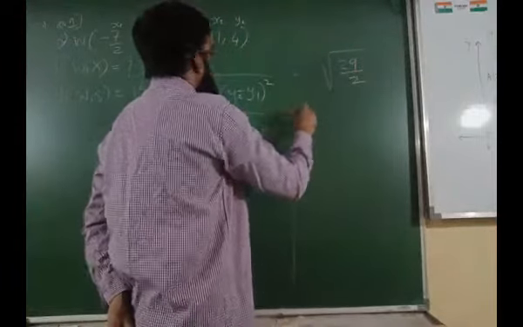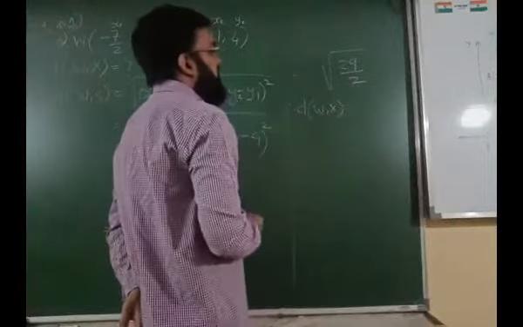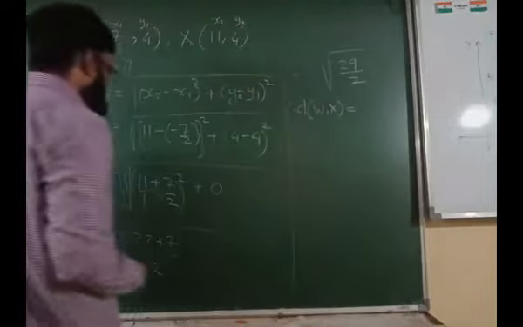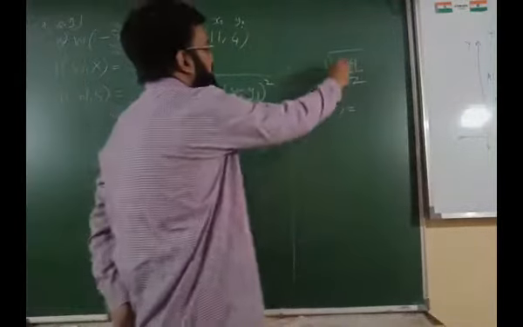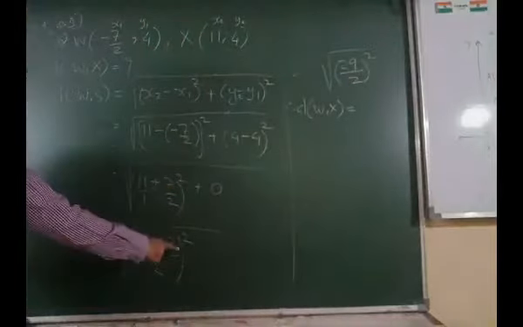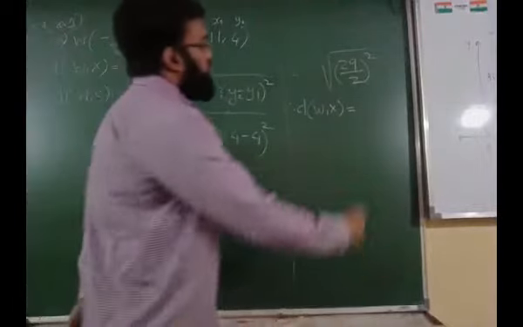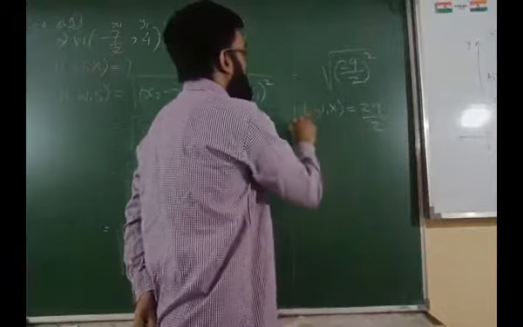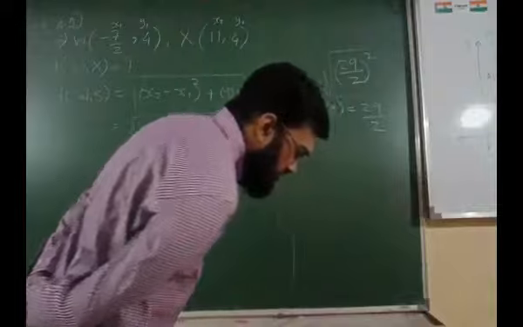So therefore distance of w comma x, that is distance wx, that is, right, square. I forgot, see the mistake, right? I forgot the square. You cannot do that, otherwise there is a problem. So don't repeat this mistake. You cannot forget the square. We have to write the square. After calculation, don't forget the square. So square and square root cancel, so we get 29 upon 2, and that should be the final answer, right? So this is for the 6th question.